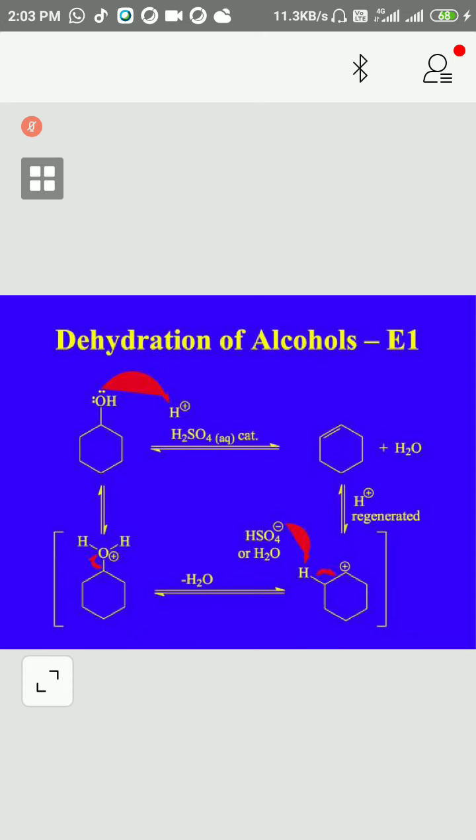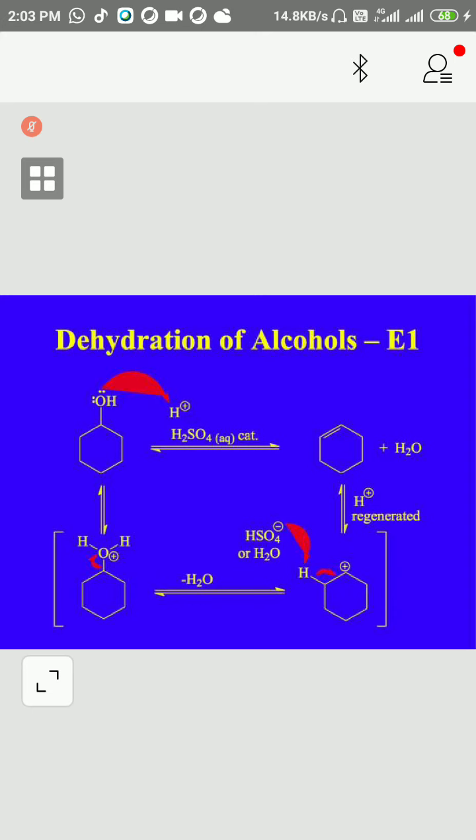Dehydration of alcohols, you can see in this example. Simply H plus, H2SO4 is used here. So how does the reaction take place? Here this is the nucleophile. This will behave as a base or nucleophile. Here this is taking H plus, so you can say this is behaving as a base. This is the acid. So there is formation of a salt, the H2O plus salt. Now H2O will be released, then this bond pair will move towards oxygen to neutralize as H2O. Then here positive charge will generate.